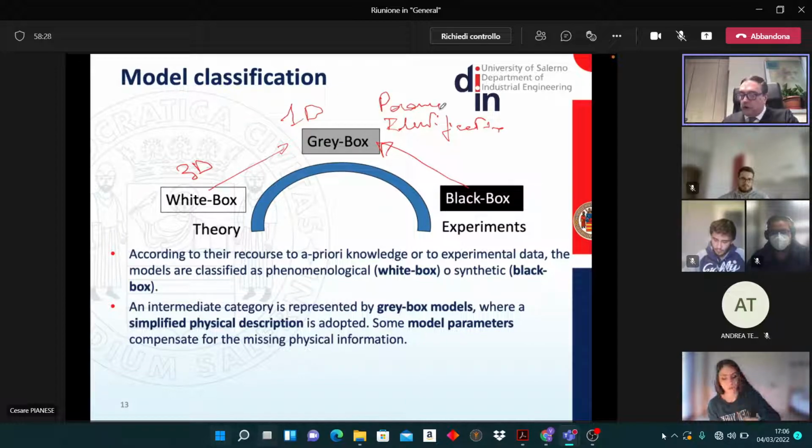So your model is 1D plus some parameters that are identified through the experiments in order to compensate for this lack of knowledge. So basically,